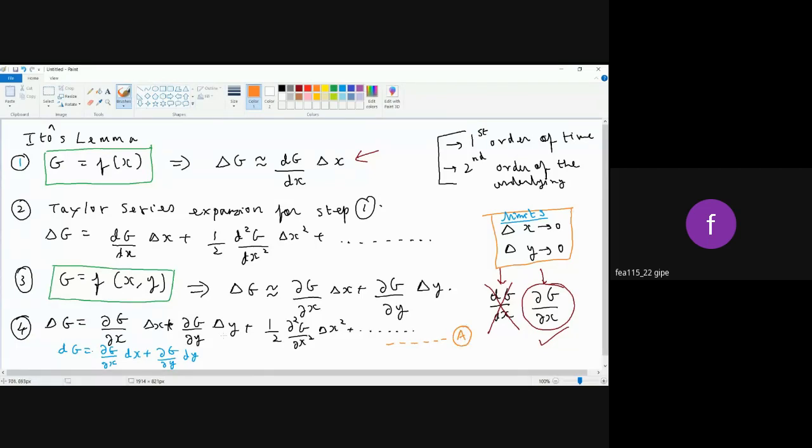So I'll just keep this equation A. Even if I erase the top 3 steps, I'll keep this equation A. For now, don't worry about this. This is something which we'll consume later on. But equation A is something which we are going to require in our next step, because up till now, if